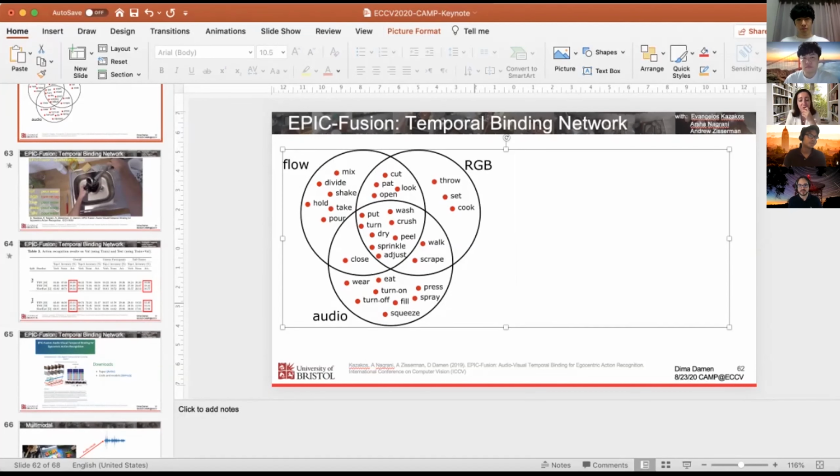Why is throw more sensitive to RGB than to flow? I think it's because there are very, very different notions. So it is kind of preferring the location of the bin, the visual presence of the bin to identify throw, rather than the motion. Throw is usually when you dispose of something, and that typically is positioned close to where the bin exists in the dataset. And that's why it's a more discriminative pattern for this particular action as opposed to something falling or putting something down. At least that's my understanding.